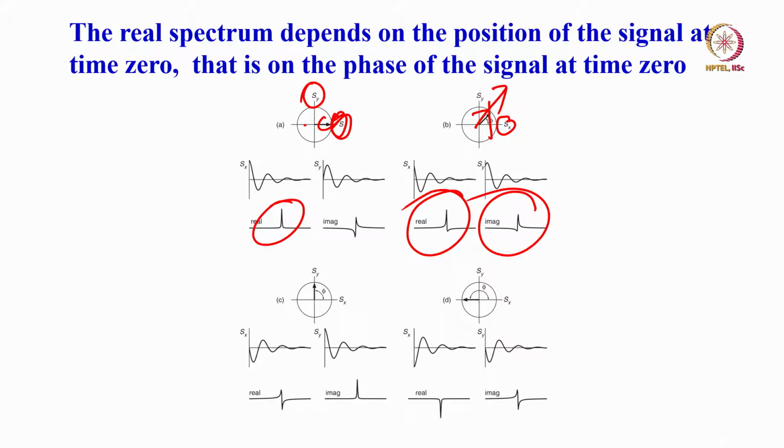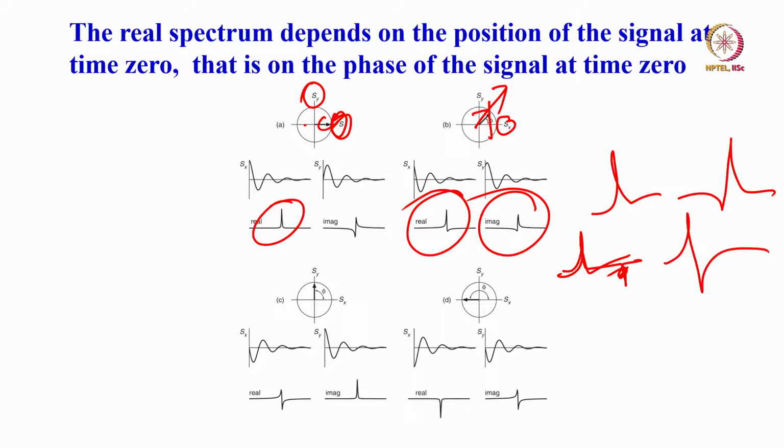You need to do the phase correction. What do you do for that? You have to make sure the phase difference between the real and imaginary part is exactly 90 degrees. That is what is called the phase correction. If you try to do that, then you can make this like this, or like this. So for phase correction, you have to make the real and imaginary part exactly out of phase by 90 degrees.